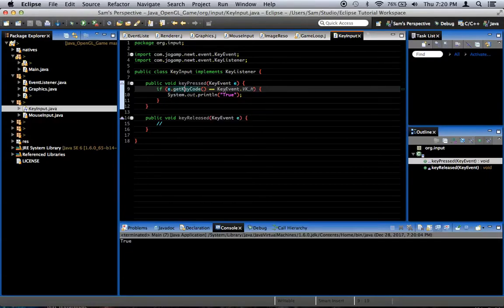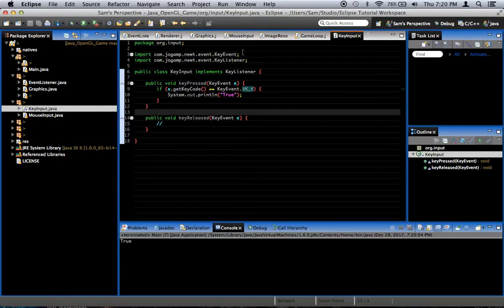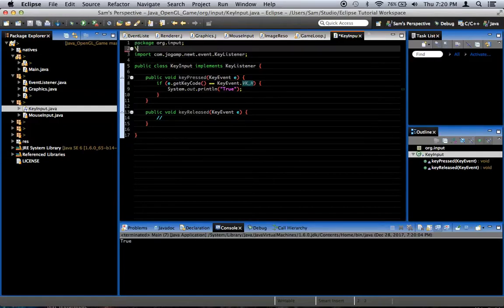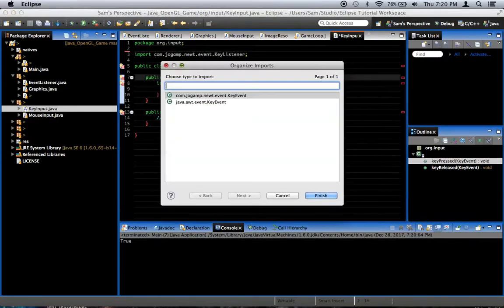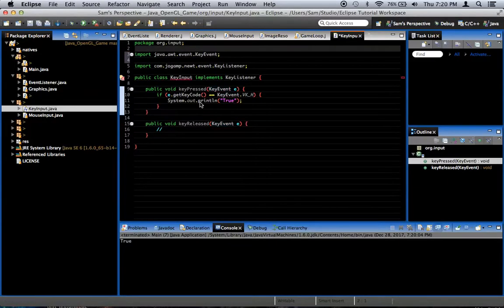You compare the key code to the key codes that are stored in the KeyEvent class. And like I said, it's important that this KeyEvent class be the NEWT KeyEvent class. In fact, let's see what happens if it'll let me import the wrong one real quick. If I choose AWT KeyEvent,